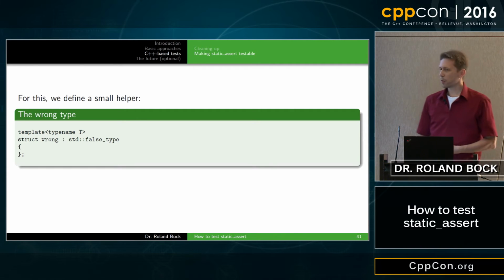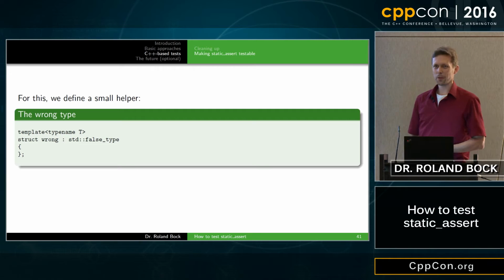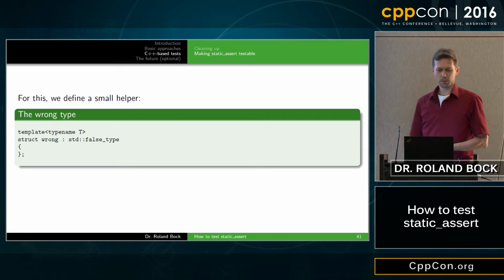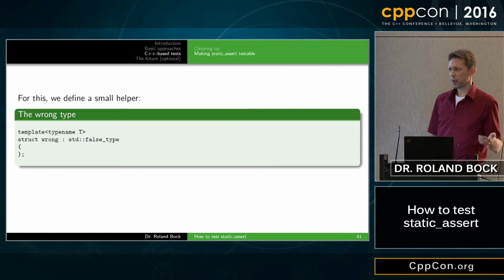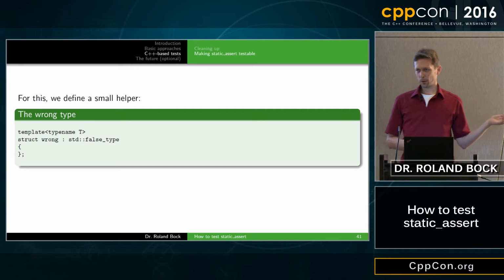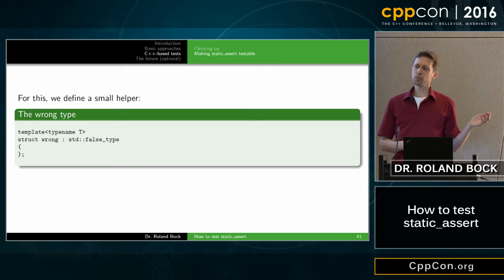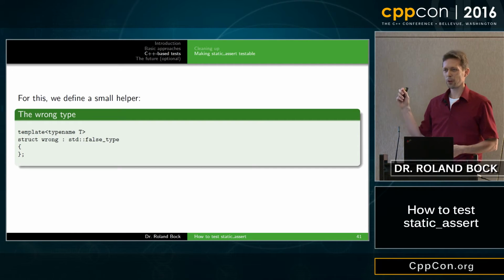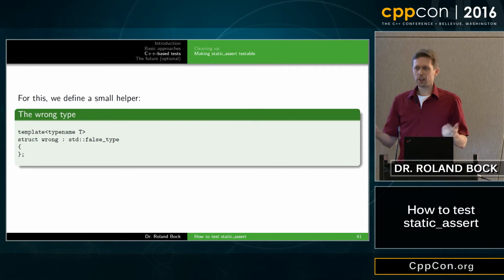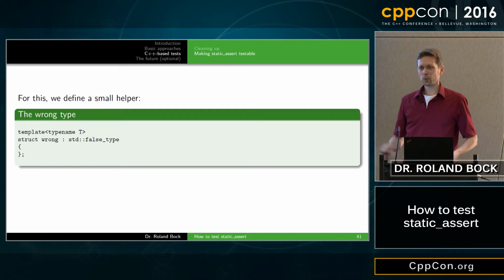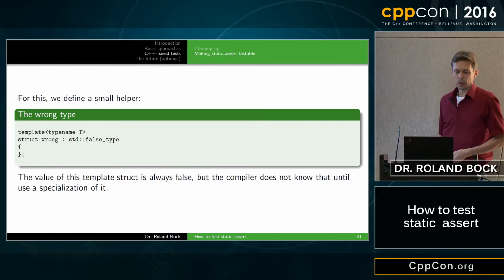First, we define a small helper, and I don't know if you've seen earlier talks of mine. This is always coming up here because it's a very useful thing. It's a template that takes some type, and it has a value. The value is always false. Only the compiler doesn't know that, because the compiler has to assume that maybe some fine day somebody will create a specialization for this type, which hopefully nobody ever does. But in that case, who knows what the value is, or even if there is a value. But for our purposes, it's always false,